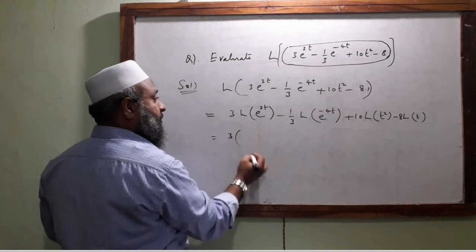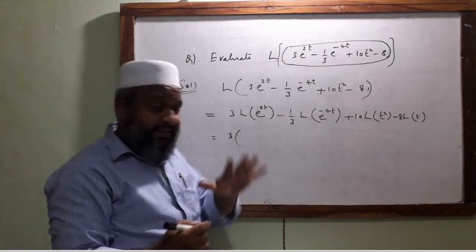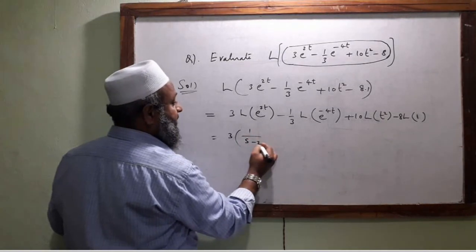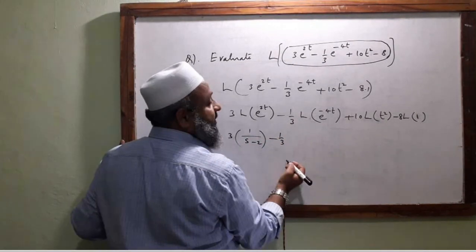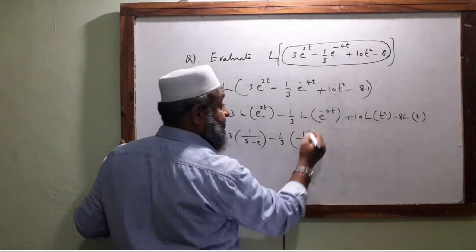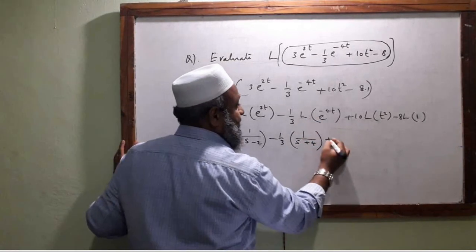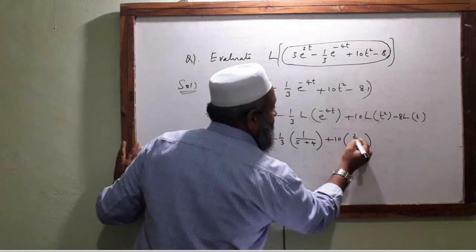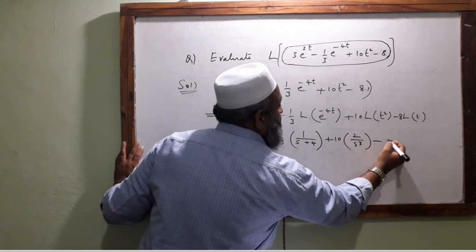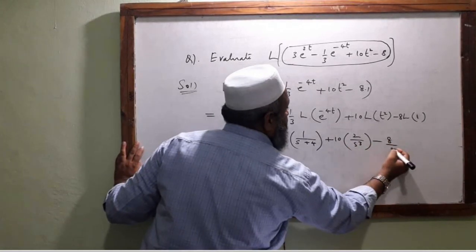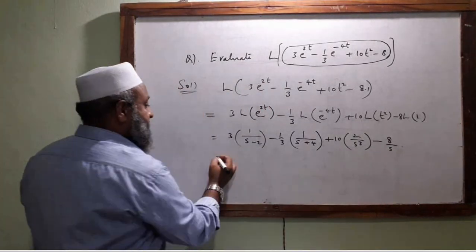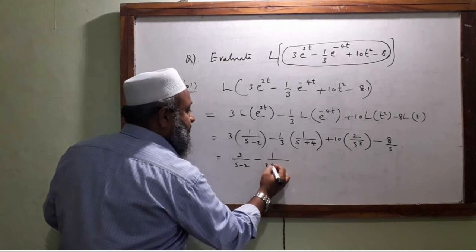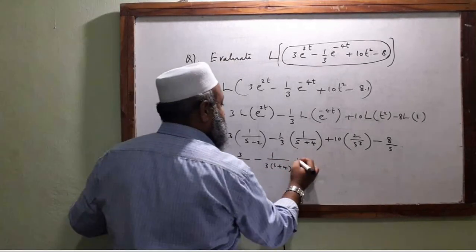Now this is 3 into the Laplace transform. Now you have to practice those 8 formulas I said in the previous lecture. It is 1 by s minus 2, minus 1 by 3 into 1 by s minus of minus 4, that is s plus 4, plus 10 times L of t square, that is 2 factorial by s cube. So it is just 2 by s cube, minus 8 into L of 1, which is 1 by s, so it is 8 by s. So it is just 3 by s minus 2, minus 1 by 3 times s plus 4, plus 20 by s cube